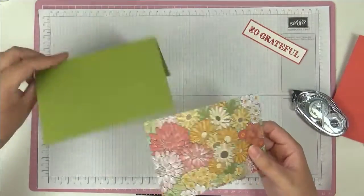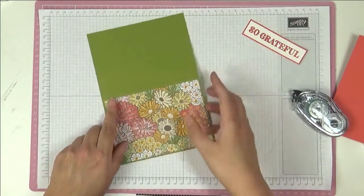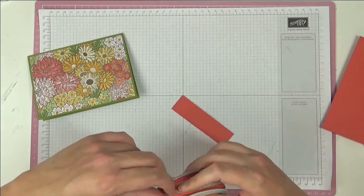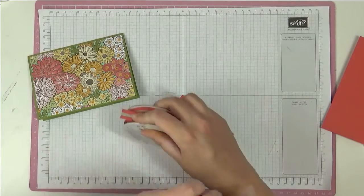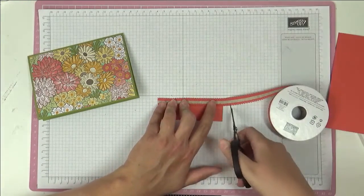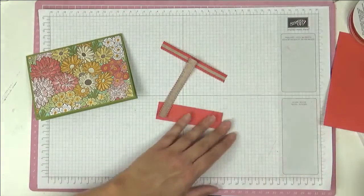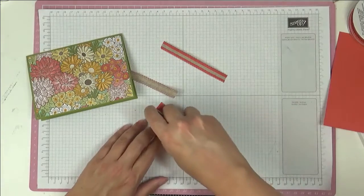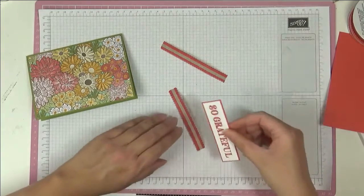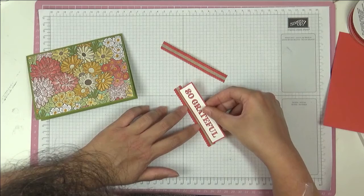Now we're going to stick down our Designer Series paper to our card base. Okay, and then we have our sentiment here. And then I've got here some of our terracotta tile ribbon, and I'm going to use this to mat a bit to give a bit of extra interest. So I just want 2 pieces, a little bit extra in length, and then all I'm going to do is put strips here of snail, top and bottom. And then I'm just going to use this to mat as a second mat,